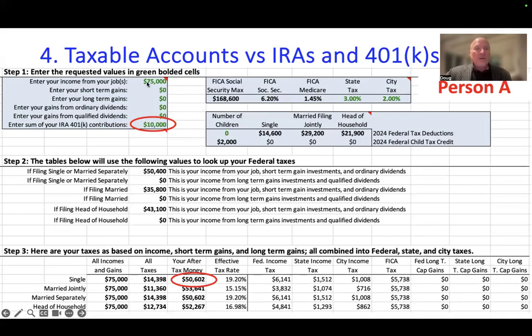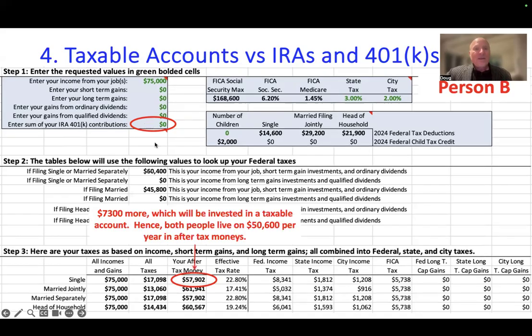So here's our person. This is person A. Now we've gone into the spreadsheet, entered their full income, 75,000. They're going to now put $10,000 into their 401k. We see that they don't have any children, but we're going to take 75,000 minus the 10,000, that's 65,000, then minus some more money here, 14,600. So this is their actual laddered bracket income. And we see that their after-tax money that they have in their pocket is 50,600. That's how much they have in their pocket to go live on and do things,